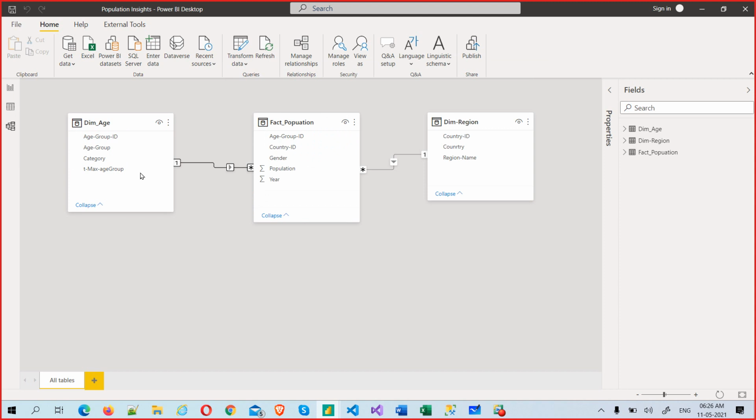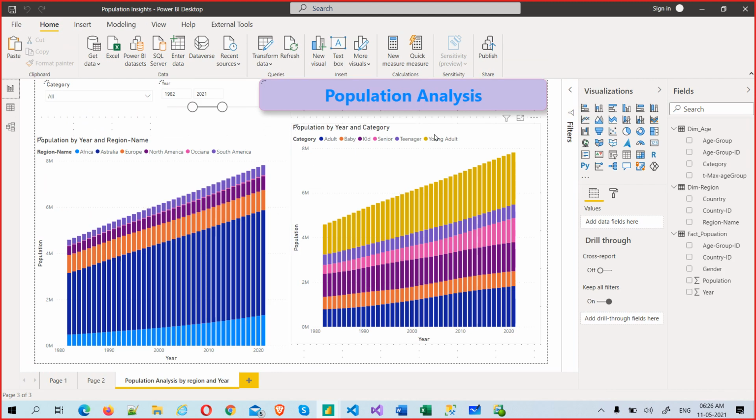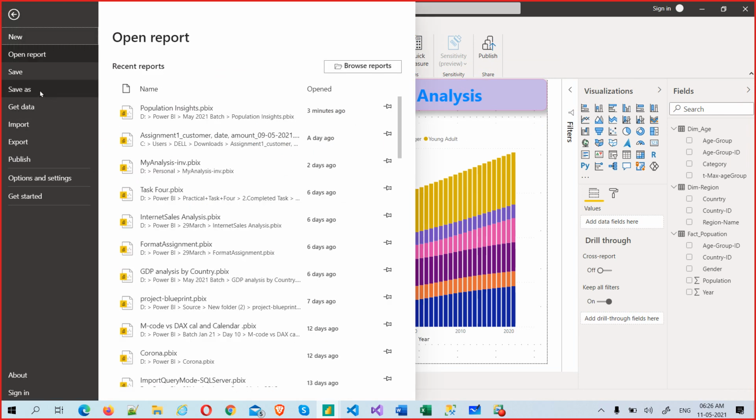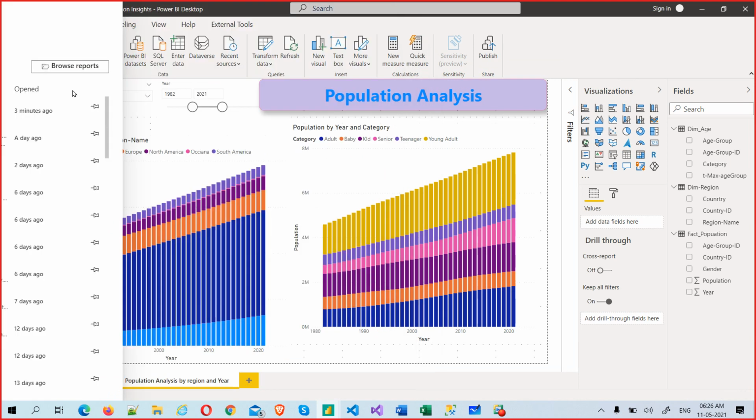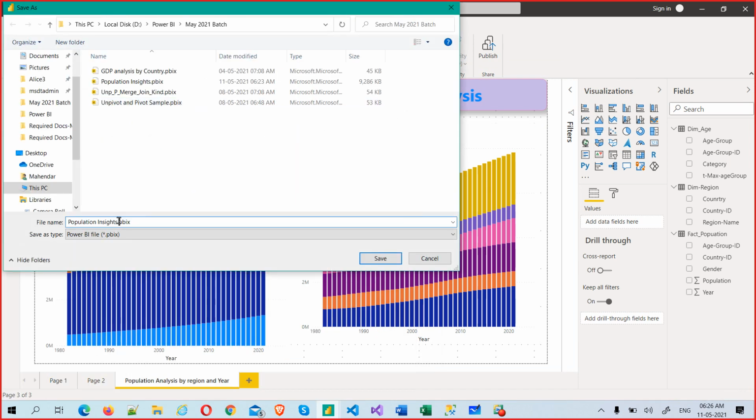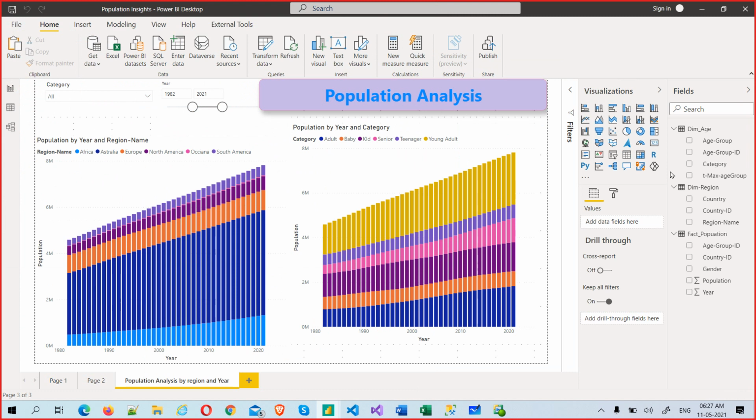Now we are here. I have to save this as a version, 0.1 or something like that. 1.0 means it's all good, tested, everything is proper. So I can click Save As and say insights 1.0. We can make it 1.0 with an underscore or hyphen. This is before DAX, everything. We have not created total population, or anything like count of regions or count of age group. We have not created anything. We will come to that.